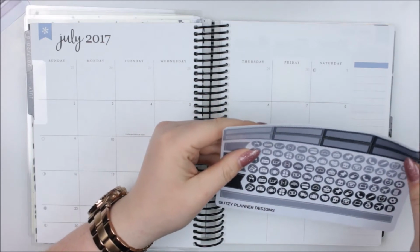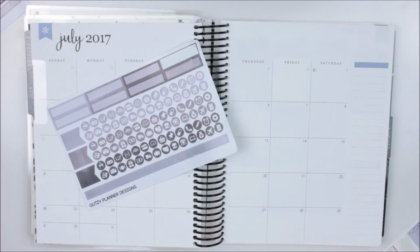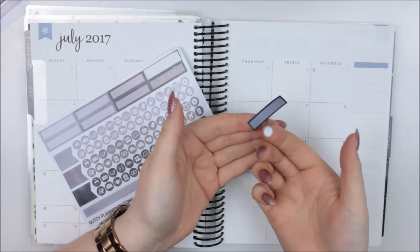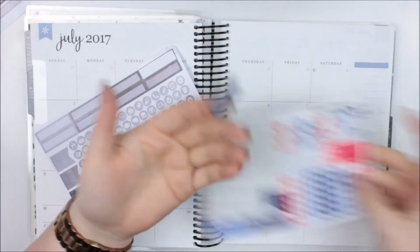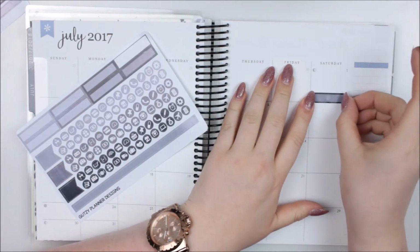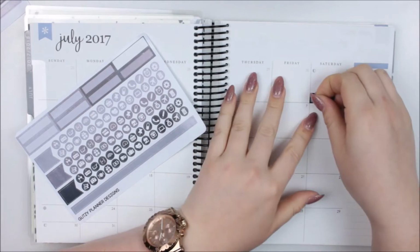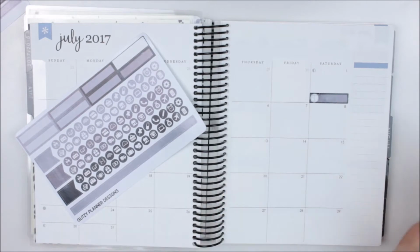So I'm gonna put in, actually let's have a little look. I'll actually use this one here. So I'm gonna take the little takeout icon from a Scribble Prints Co set of icons, and I'm just going to put this in on the first, because to start off on the first I caught up with my friend Ellie,